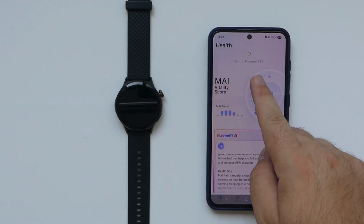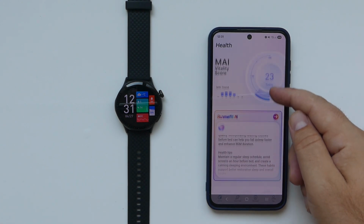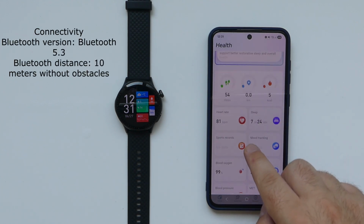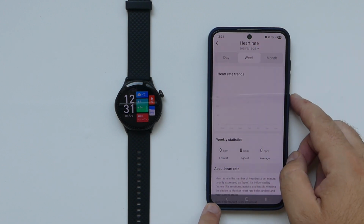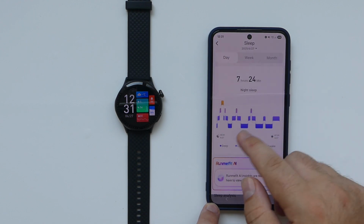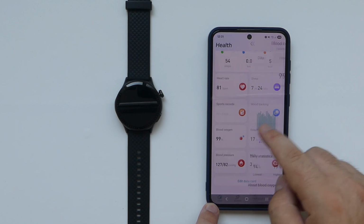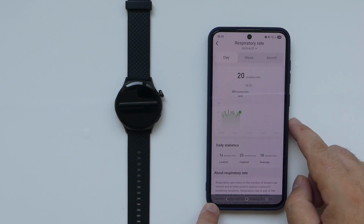Every metric tracked by the GTR 3, like heart rate, blood oxygen, stress level, sleep patterns, and respiratory rate, is automatically synced with the Runmefit app. Once connected, the app offers a clear, organized dashboard where each category is displayed with interactive charts showing trends over time, color-coded zones to indicate what's normal, elevated, or needs attention, personal insights and wellness tips based on your